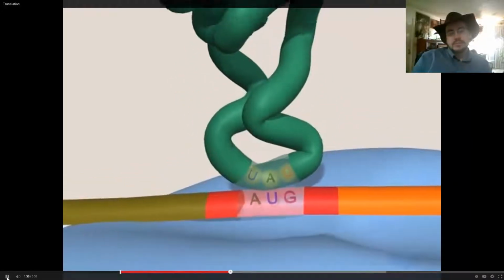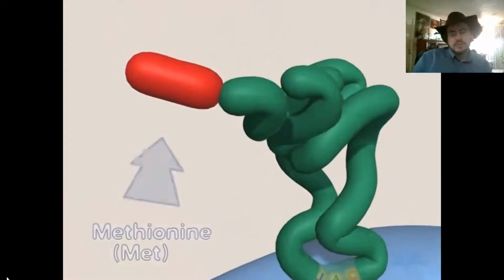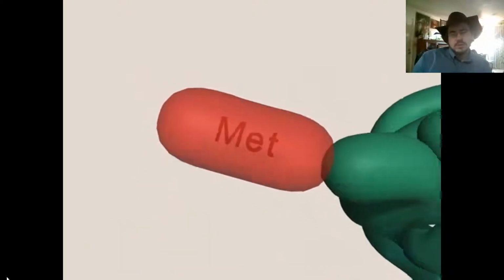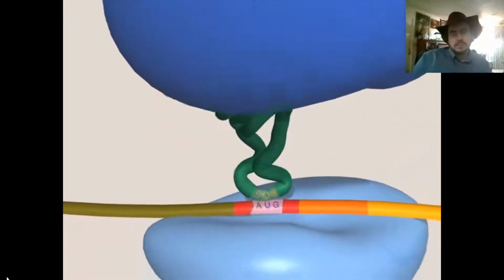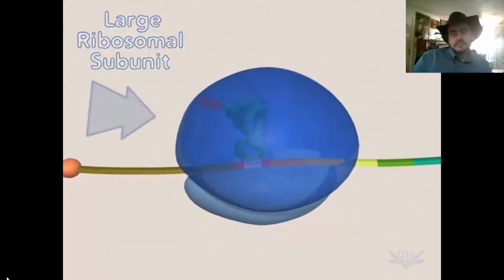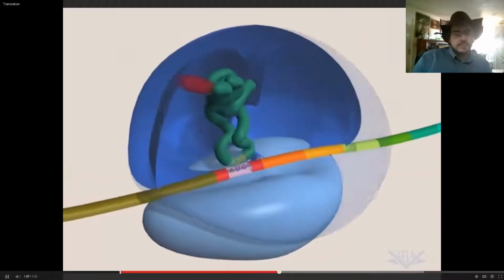First mRNA codon is typically AUG. Attached to the end of the tRNA is the corresponding amino acid. Methionine corresponds to the AUG codon. The large subunit of the ribosome now binds to create the peptidyl, or P site, and the aminoacyl, or A